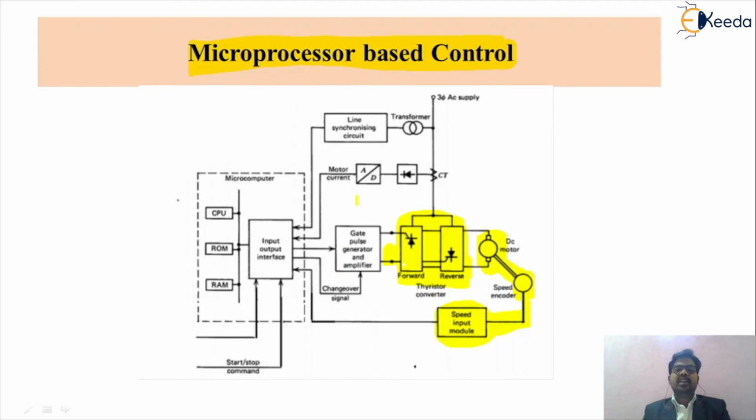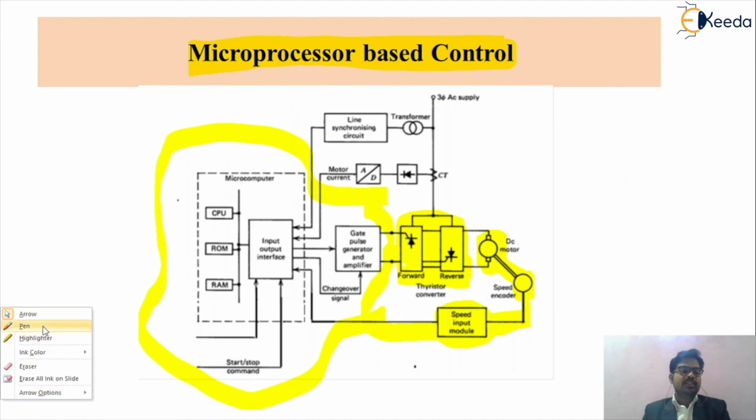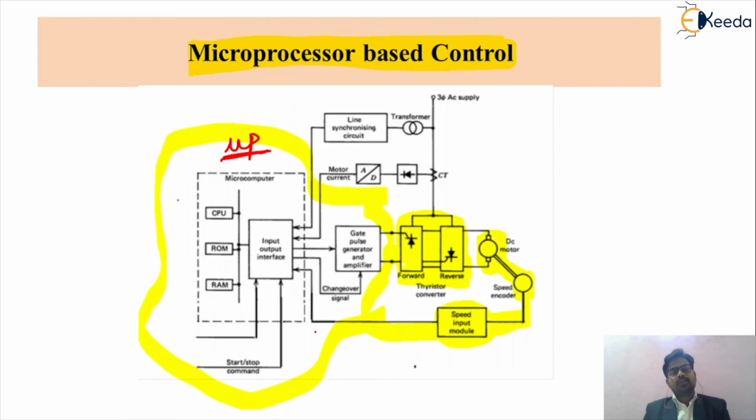So friends, what do you mean by the microprocessor? We can understand. So this is the microprocessor strategy I can draw. This is a microprocessor. I can show you with the help of the different systems according to our block diagram. As we see in the block diagram, we are using the microprocessor as the control strategy. As shown in the figure, MUP is a short form of microprocessor, so it is a microprocessor system.